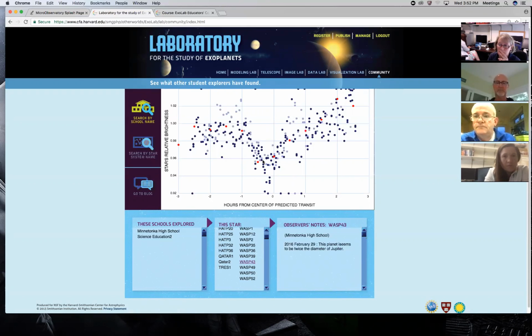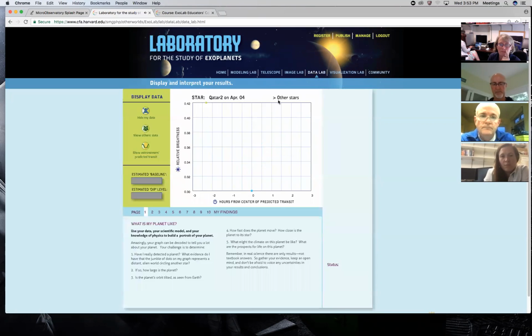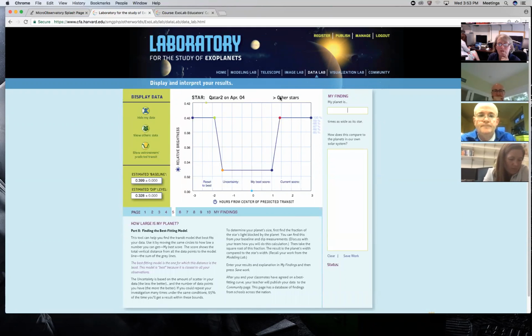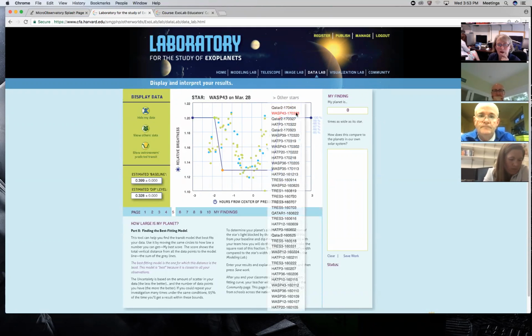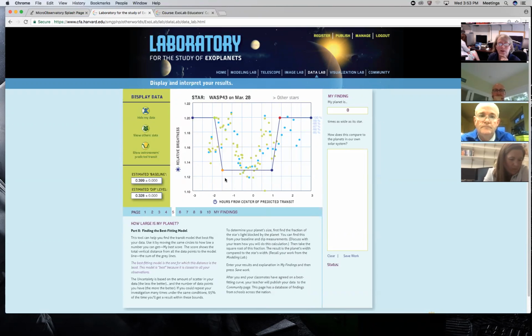You did put the planet size in the box above the comments, and then when you published, the planet size was 0. But where does the data come up? After you publish it, is the summary, are those three numbers listed, like your baseline, your dip, and your planet size? Yeah. If I go back to WASP 43 here,